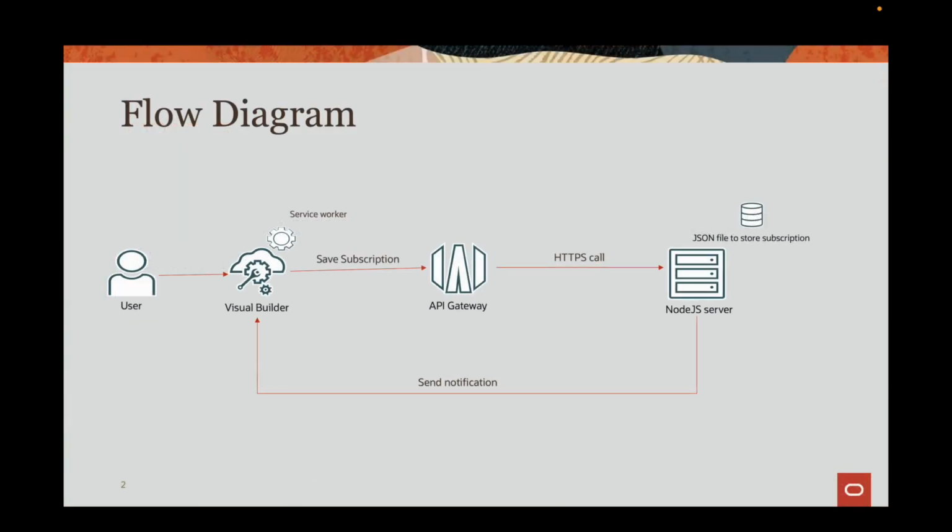So let's talk about the flow diagram for this application. Let's start with the user. The user will interact with the web application using Visual Builder, and we will register a service worker to subscribe to the notification. We will use a method known as VAPID, Voluntary Application Server Identification. Without VAPID, any server could theoretically send push notifications to users who have subscribed to them, creating potential for abuse